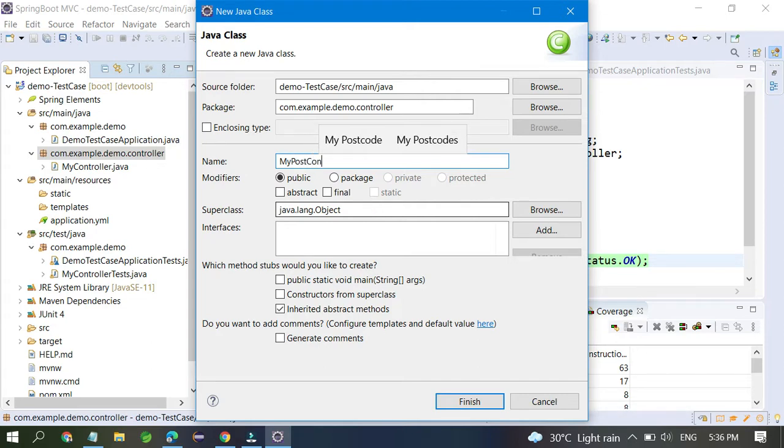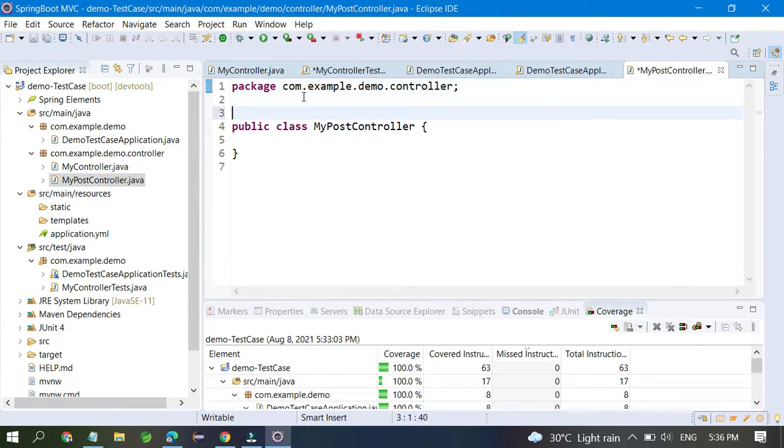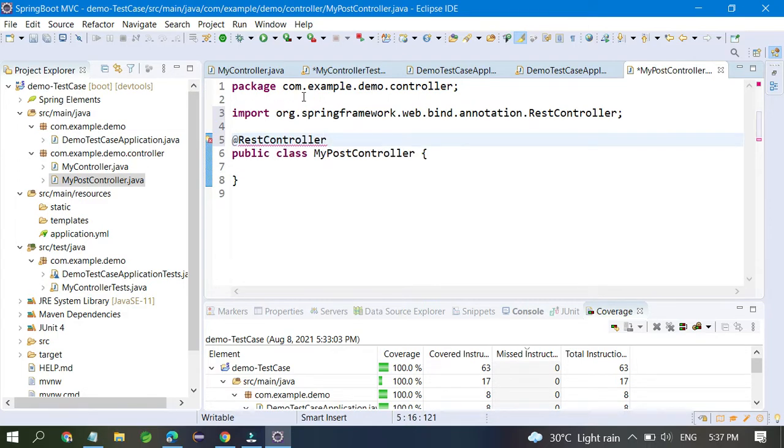Okay, and here you have to annotate the same thing at the rest controllers, and here you have to create one method.